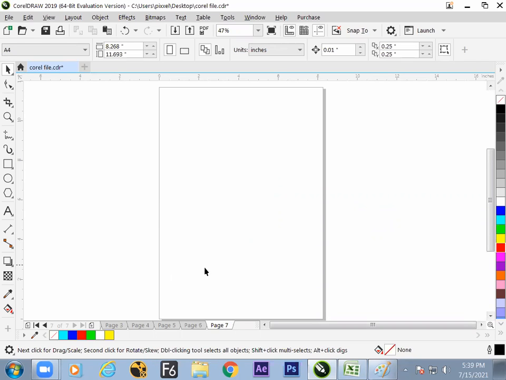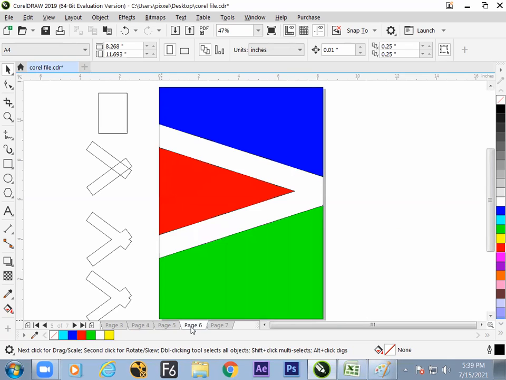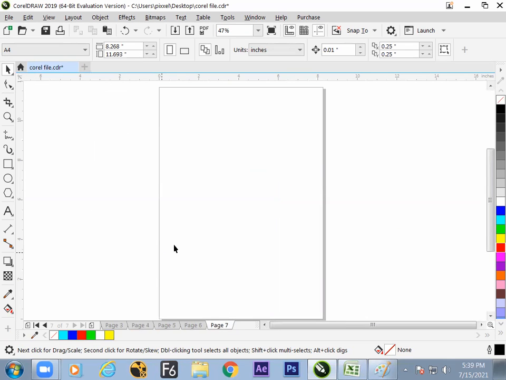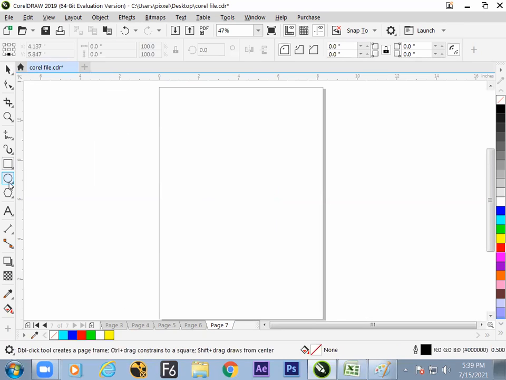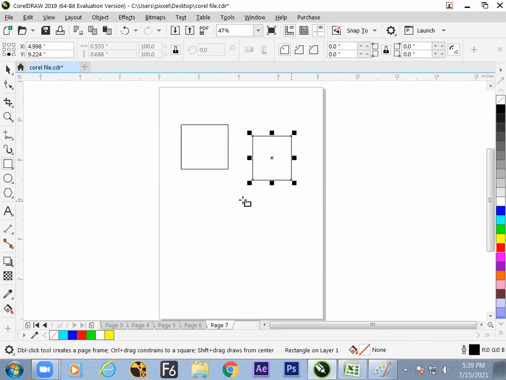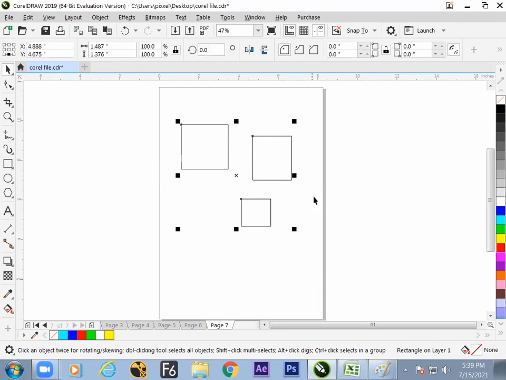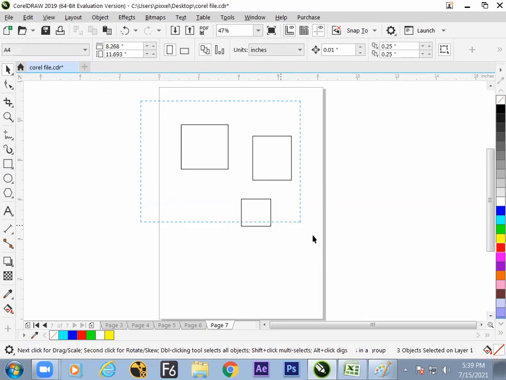Now let's go for the next examples. We have done a lot of theory over here, but now practical. In the same way that we used the rectangle, we can start using the circle also. The rectangle has a basic property, the circle also has a basic property, but we have learned how to handle multiple objects together by these options, welding and combining. Let us see this in a little bigger way.